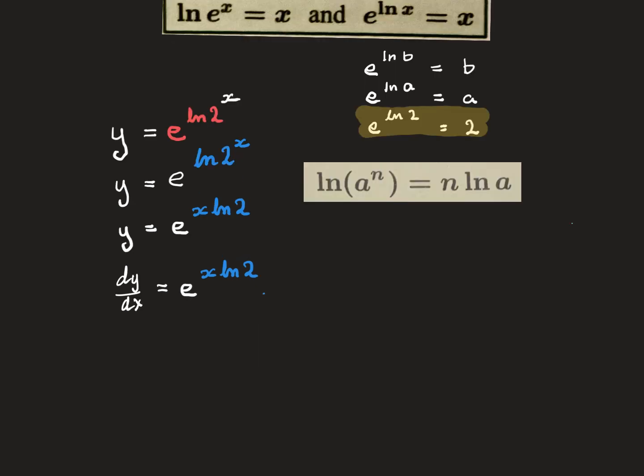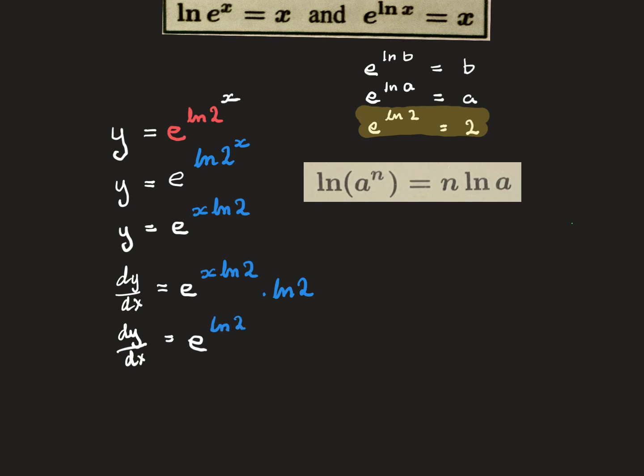If I differentiate just the blue, all I get is ln 2. It's just a number. And using this law here, going backwards, I will rewrite this as dy dx equals e to the ln